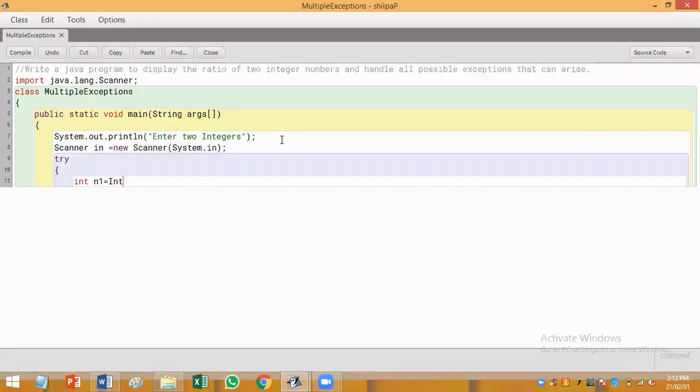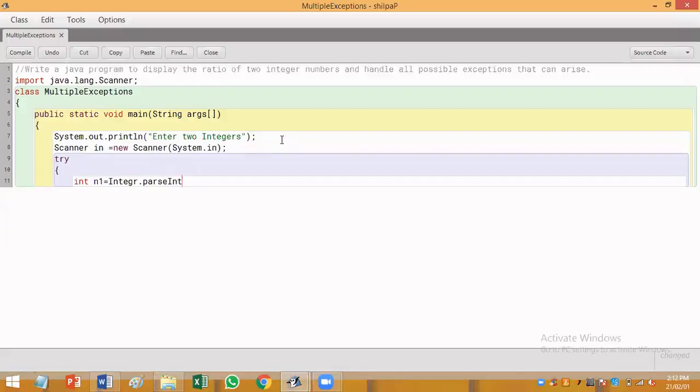Here I'm using a wrapper class method, Integer.parseInt. If you directly use a Scanner class method, that is nextInt method, that is never going to raise an exception.